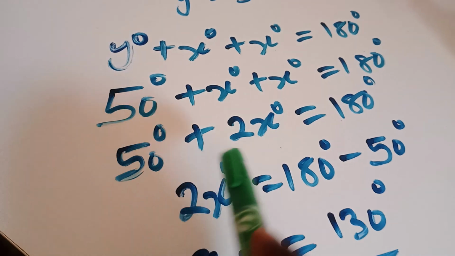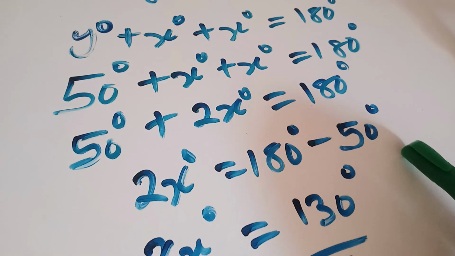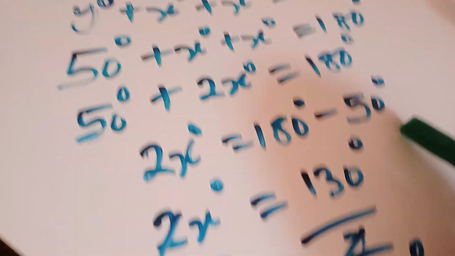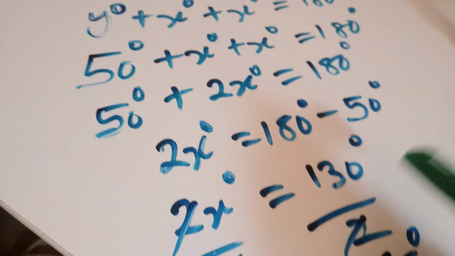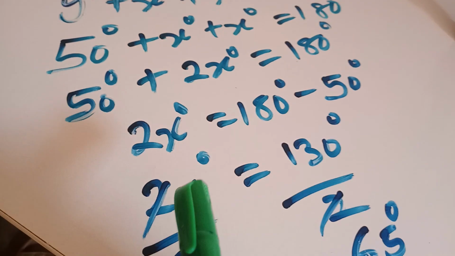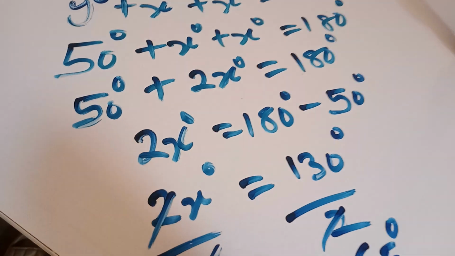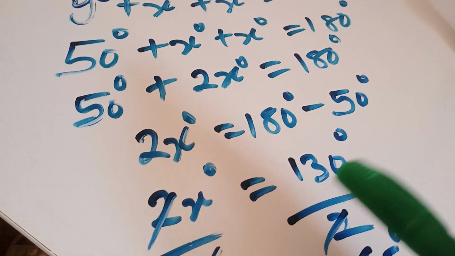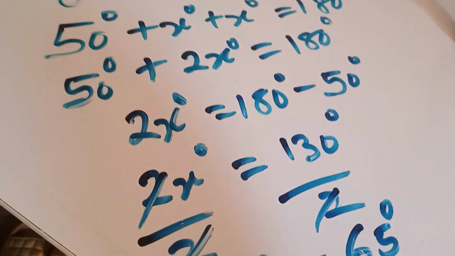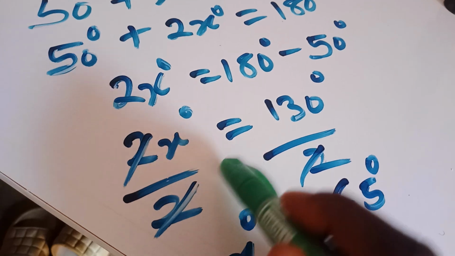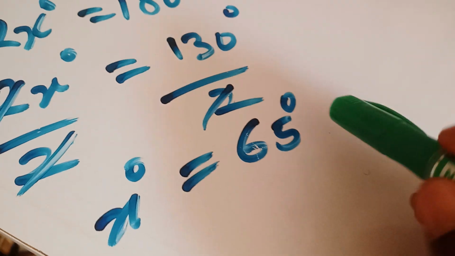So 50 degree plus 2x degree is 180. 2x degree is now equal to 180 minus 50 degree after collecting your like terms. So we have 2x degree equal to 130 degree. So we want to get rid of the coefficient of x degree, that is 2. So we can easily divide both sides by 2. And you can as well multiply through by the inverse of the coefficient of x degree. So it's still the same thing. So 2x degree divided by 2 is equal to 130 divided by 2. So our x degree will be equal to